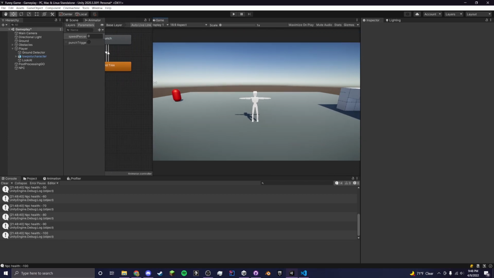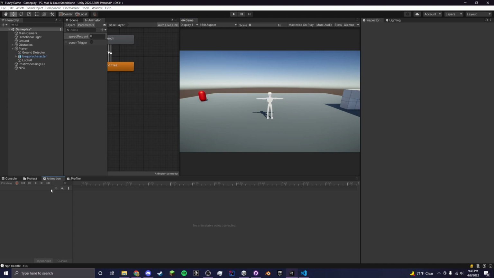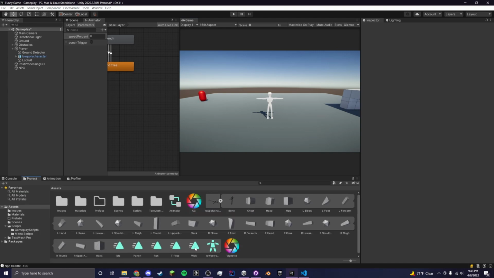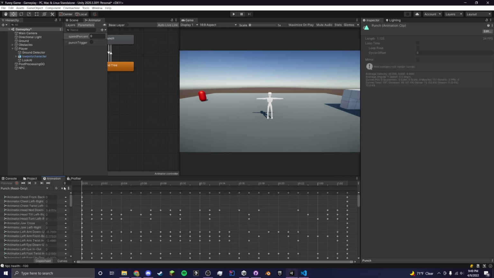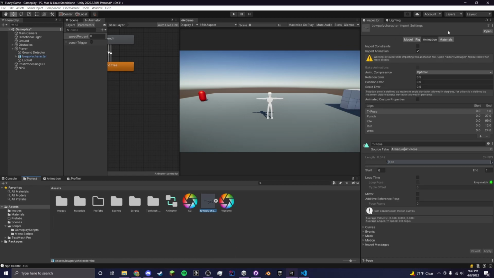So because I just want it to do one tick of damage every time I punch, I figured I could use animation events, but whenever you import animations from Blender, for some reason you can't add an animation event directly right here. So instead, what you have to do is you click on the model that you imported, and you